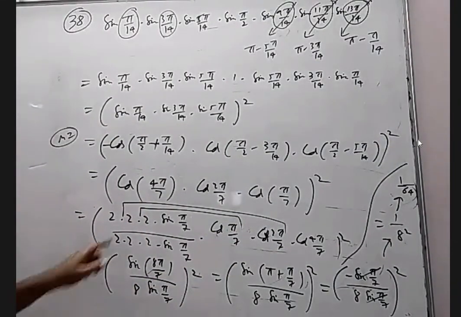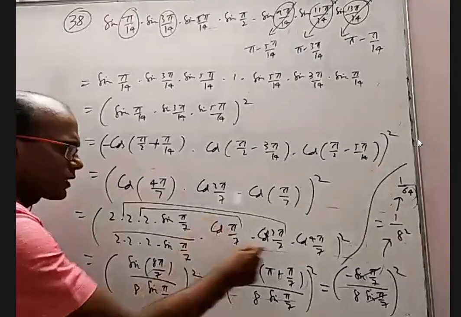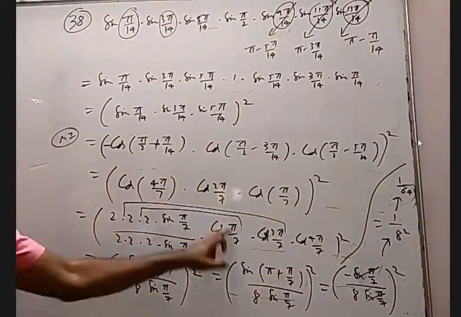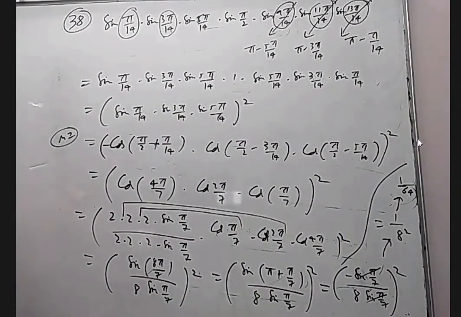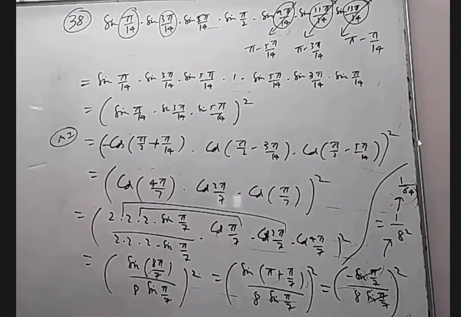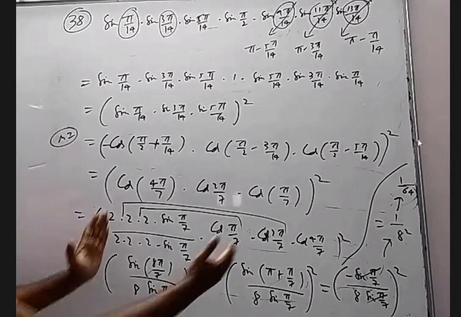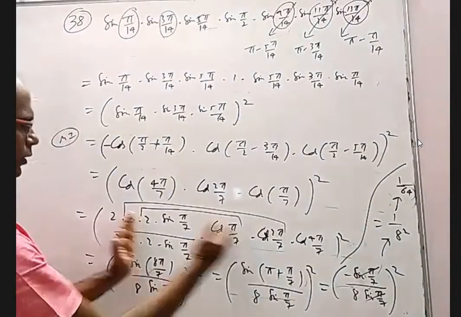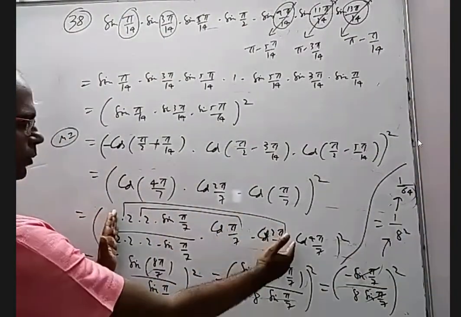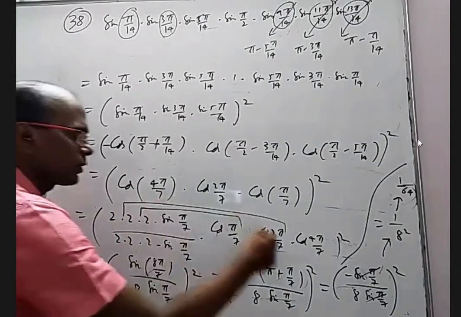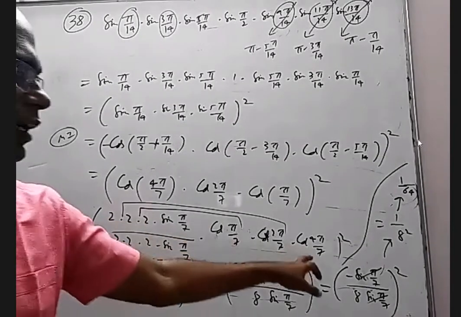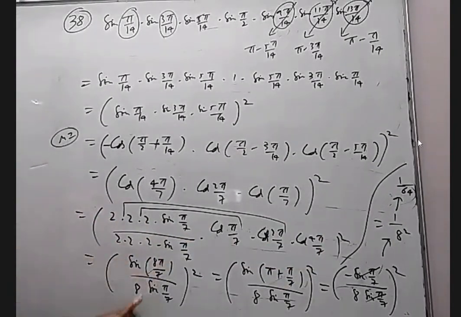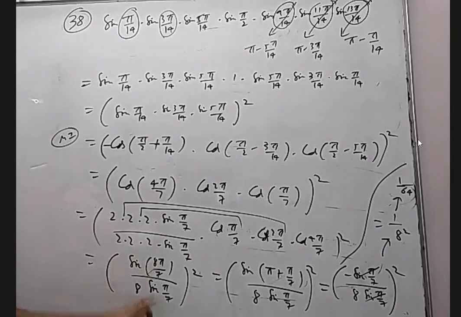Yes, sir. 2 into this is sine 2 pi by 7. This is cos 2 pi by 7. So this into sine 2 pi by 7 into cos 2 pi by 7. What will happen to that? Sine 4 pi by 7, double of. Yes, sir, sine 4 pi by 7. So up to here sine 2 pi by 7. 2 into sine 2 pi by 7 into cos 2 pi by 7 is sine 4 pi by 7. 2 into this is sine 4 pi by 7. This is cos 4 pi by 7. It will become sine 8 pi by 7. So total sine 8 pi by 7 we got. Denominator as it is, 2 into 2 into 2, 8. This is sine pi by 7.